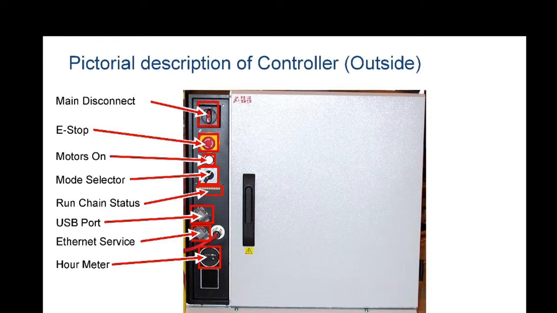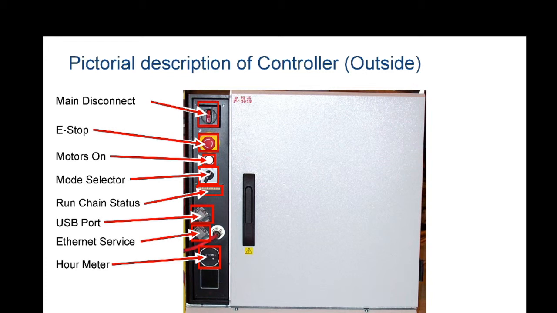The mode selector: I already told you, there is an auto condition and a manual condition. In manual condition there are two types, 100% speed and 50% speed. So we have 3 types, and we have to select which type we are going to use. In normal production time we can use auto mode. If there is any breakdown, new activity, or maintenance activity, then we have to use manual mode. At that time we use this mode selector switch. This switch is used to select the auto and manual modes.